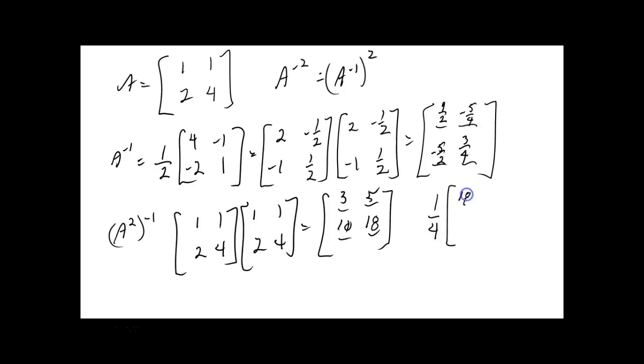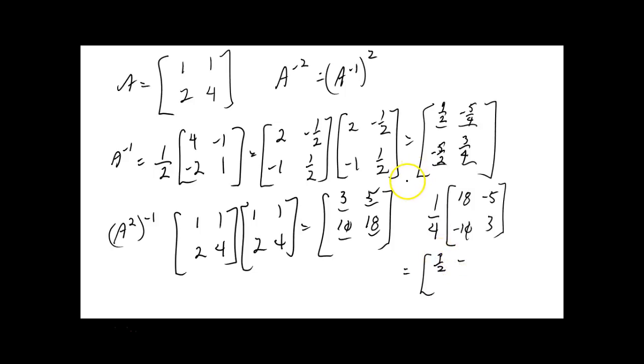Okay, so that would be an 18 here and a 3 down there. A -5 where it sits and a -10 where that's at. Okay, and now what I have to do is multiply. 1/4 times 18 would be 9 times 1/2, right? So that would be 9/2